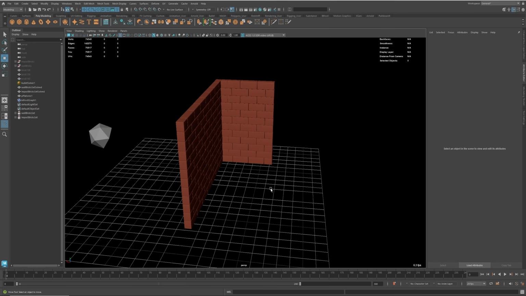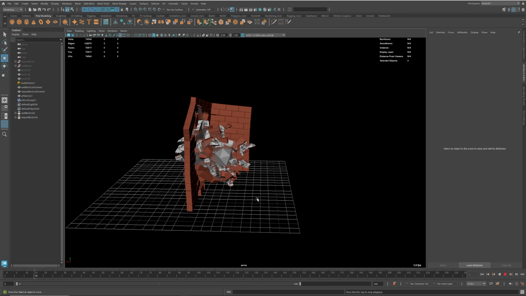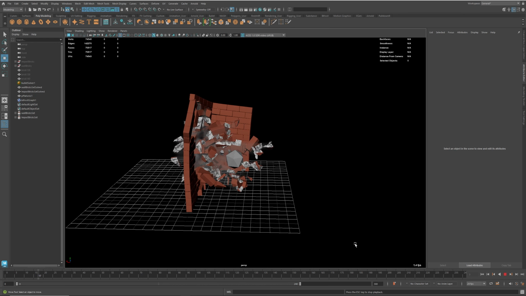Okay, I'm going to turn my wireframe off here. And I'm just going to let this run. So let's hit play. And you can see it's already started emitting smoke, but that's all right. It's about frame 10 that it hit, but now we could see